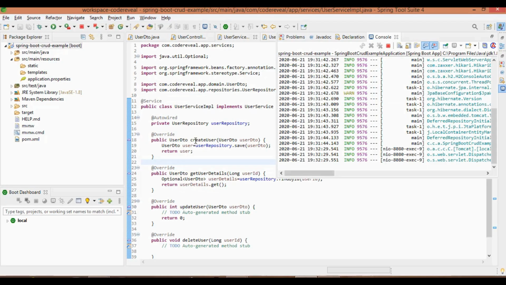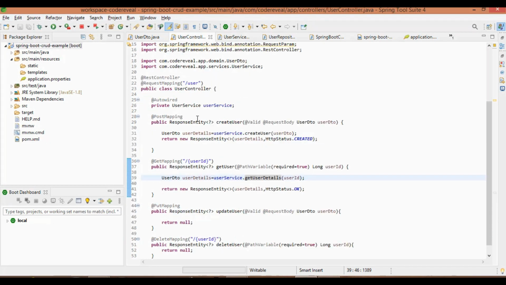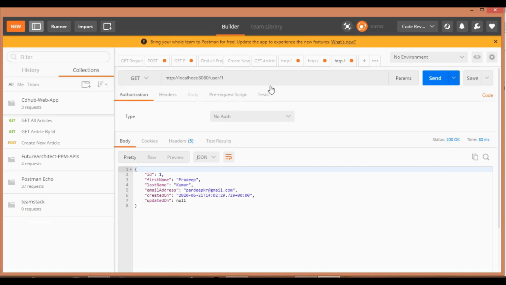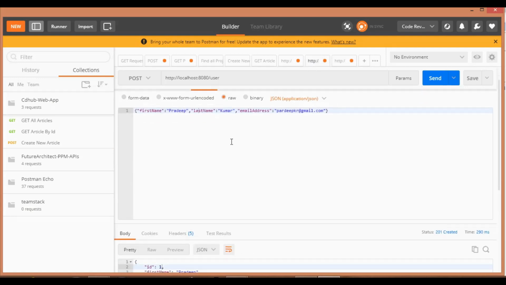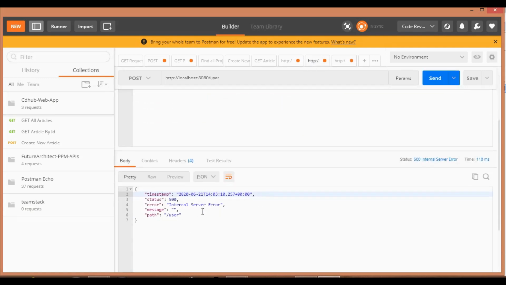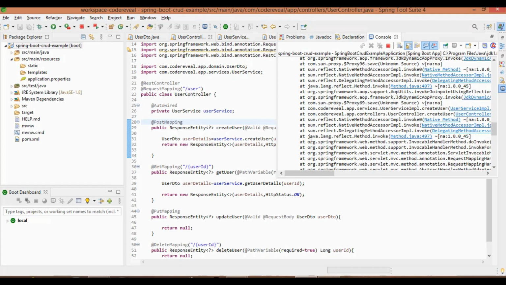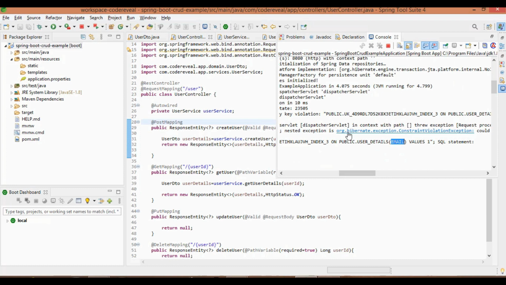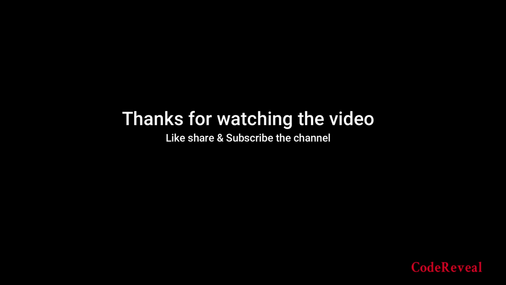Yes, it's working fine now. If we create a user again here with the same email, it throws an exception because we have added the unique attribute. We'll discuss this in the next video, along with the REST operations also.